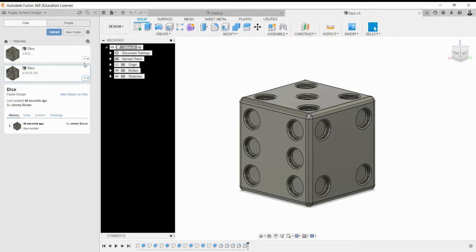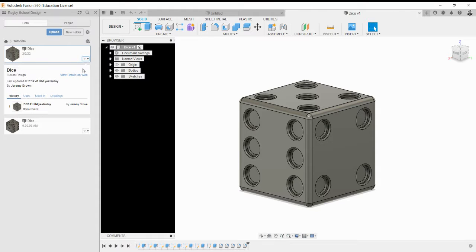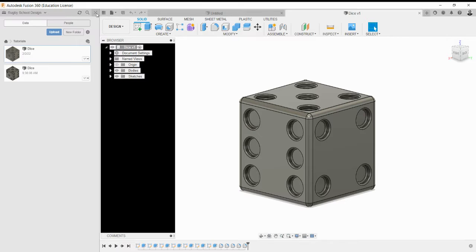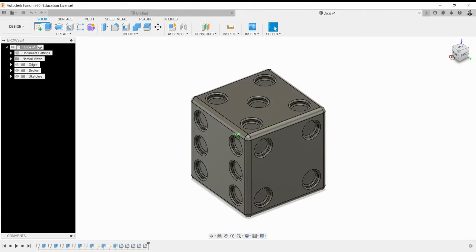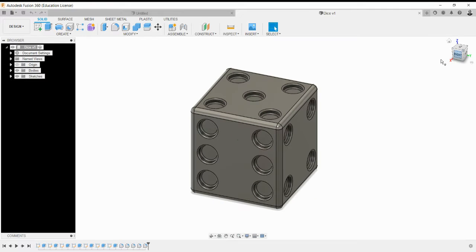Last thing, you can see on here I've only done one version of this, but if you've got quite a complex design, you might have multiple versions, and the different versions, or V1, V2, V3, are also saved here. So I'm going to get rid of the waffle for now, and I'm going to show you two things to finish off. Firstly, if I go down here to display settings, I can open this